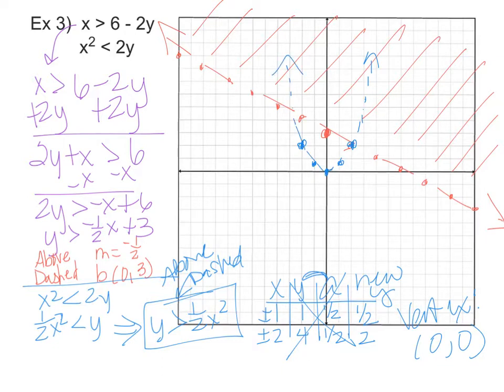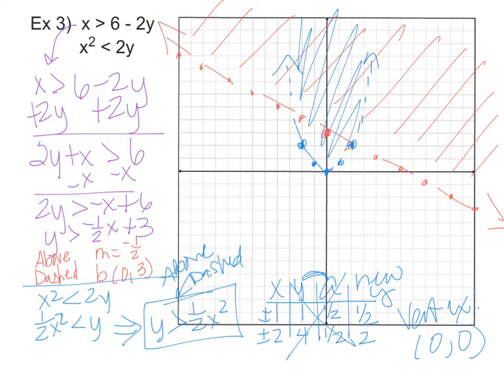Now the question is, am I going to shade above or below? And what does above or below actually mean with a parabola? Think about this in terms of the y-axis. You are looking at your y values that are greater than 1/2 x. So if I'm looking on my y-axis, where are the y values greater? Up above, right? So if I'm looking at this up above here within this, I'm going to be shading